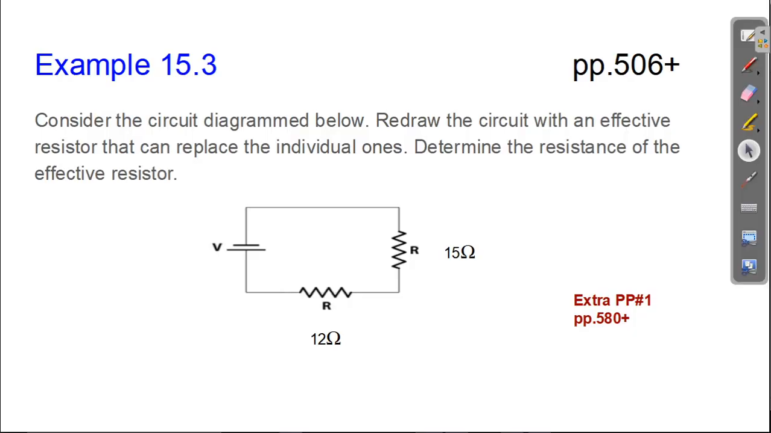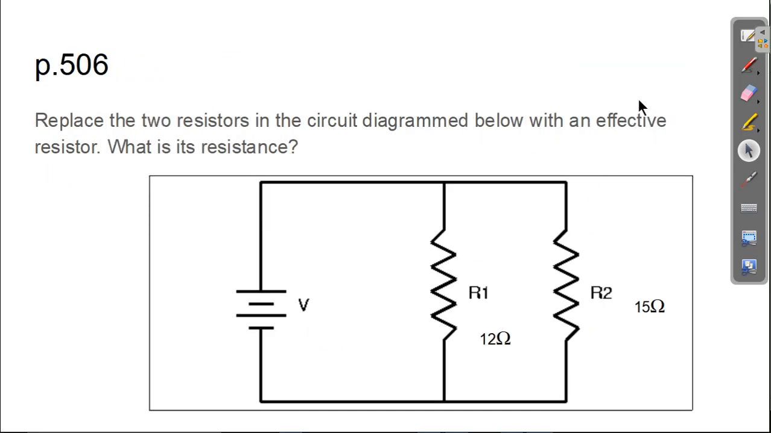Now let's go back to instructions. So here we go. We just did this. Let's move on. Second part of that example. Okay, second part of that example reads like this. It says, replace the two resistors in the circuit diagram below with an effective resistor. What is its resistance? Please notice that these resistors are in parallel,